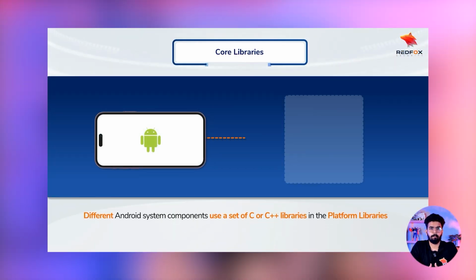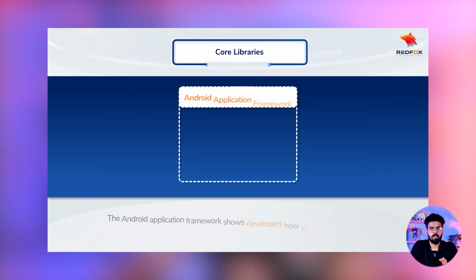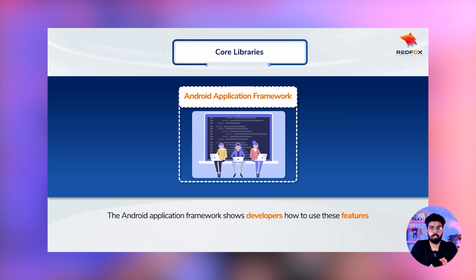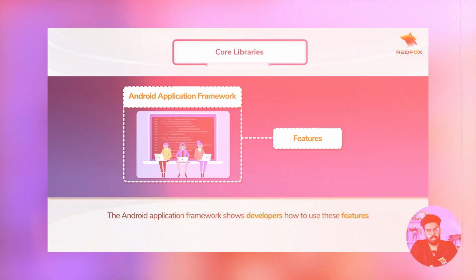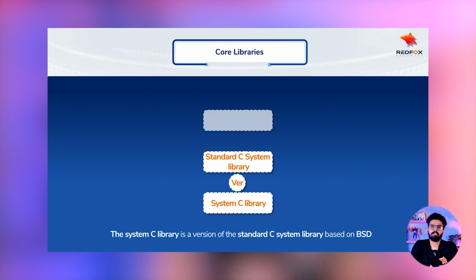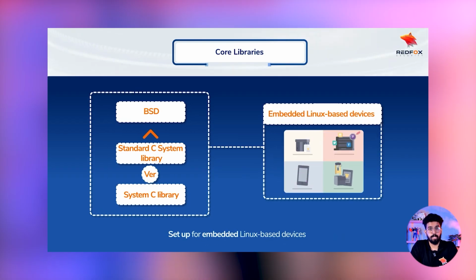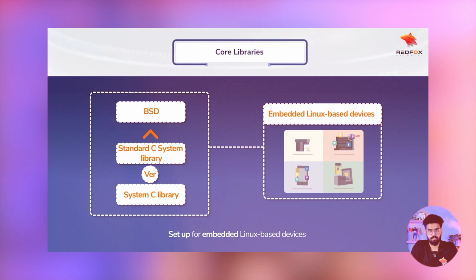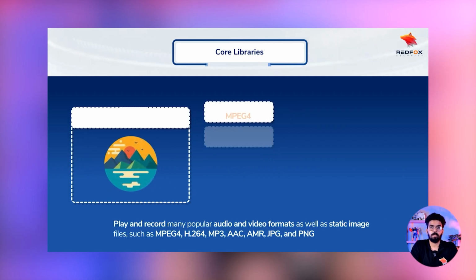Core libraries. Different Android system components use a set of C or C++ libraries in the platform libraries. The Android application framework shows developers how to use these features. Here are some of the most important core libraries. The System C library is a version of the standard C system library based on BSD and set up for embedded Linux-based devices. Media libraries, which are based on PacketVideo's OpenCORE, can play and record many popular audio